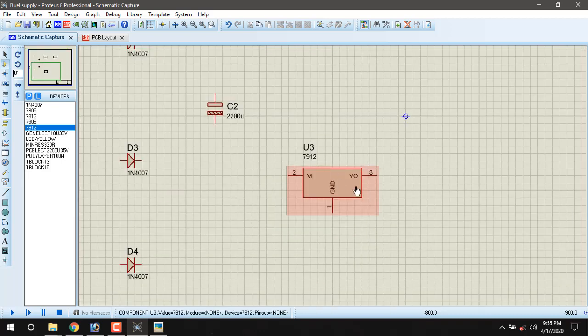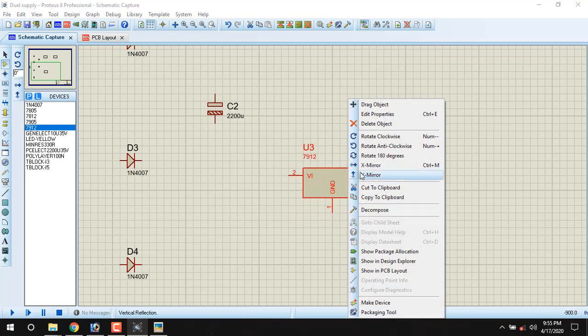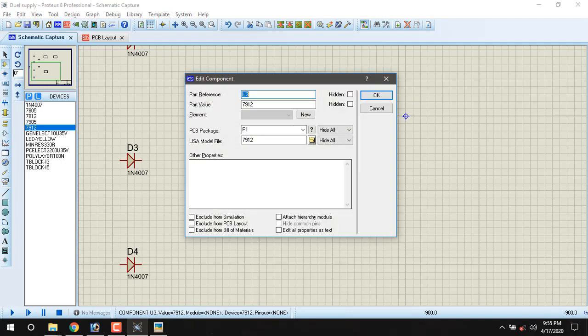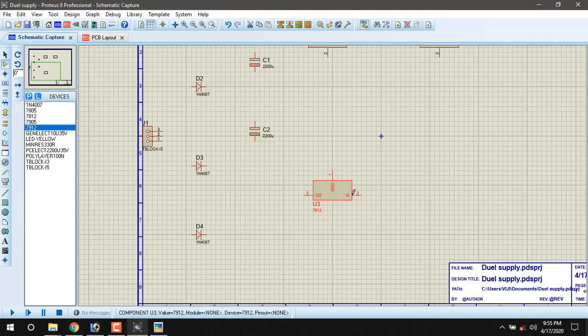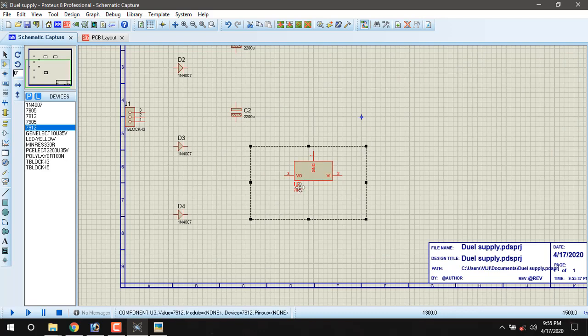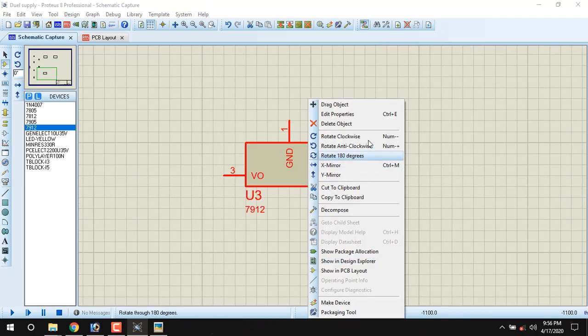Here, if you rotate the device, output is here and input is here. So we need to mirror the device, X mirror.